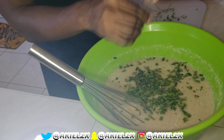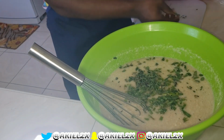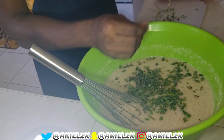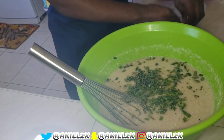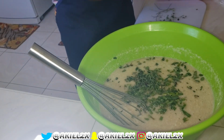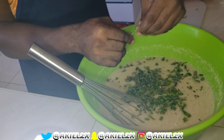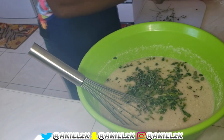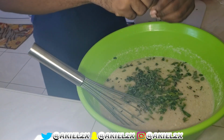So I'm gonna add this in, okay? And you need to add in some hot pepper. You guys don't need to put in too much hot pepper, but you can. If you like your stuff really hot, then you can put in a lot of hot pepper. It's basically your choice, okay? So I'm gonna do this real quick. Okay, so that should be enough for